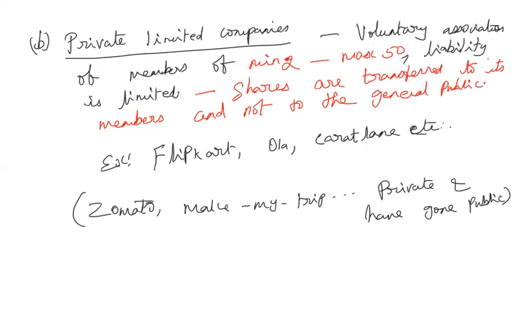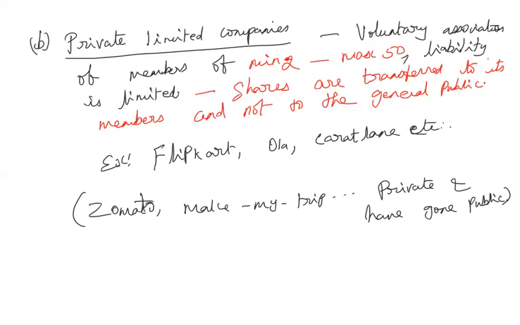Okay, now I think I can understand. See, the reason why some of the companies don't want to convert themselves into public limited companies: if you are converting yourself into a public limited company, your company has to be listed in the stock exchange, and your account statement, the balance sheet, the financial statement has to be made public. So the people have to know. That is one of the conditions.